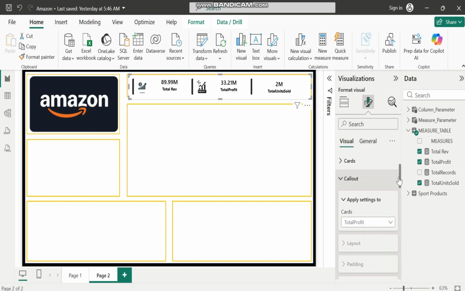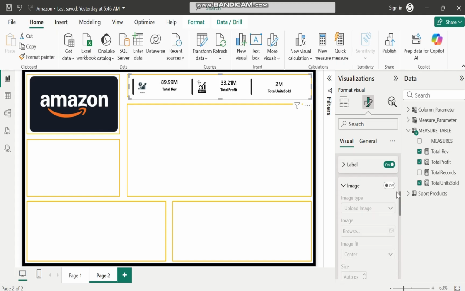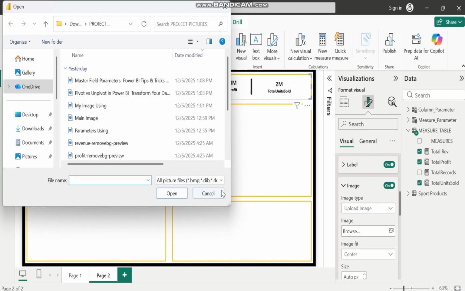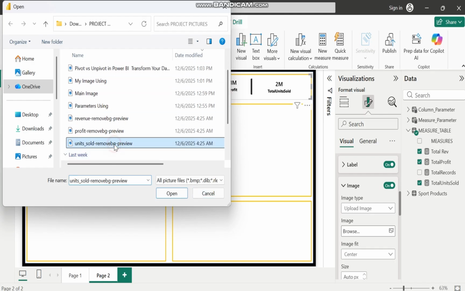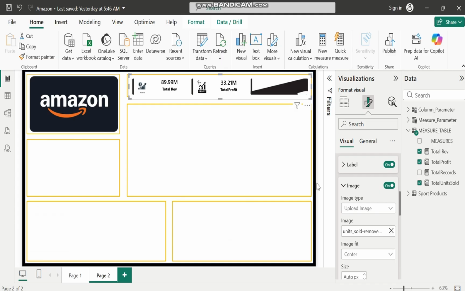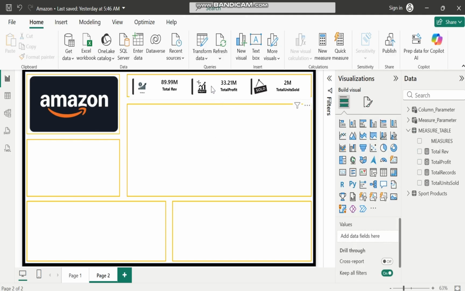All right, now you are going to the last one. Now I'm going to select total units sold, and then come to image, and we are going to select a total units sold image. So this is it. You can use whichever one that you want. It really doesn't matter. And you're just going to change this and make this 60 as well, and then that should be all. So we are done with our first